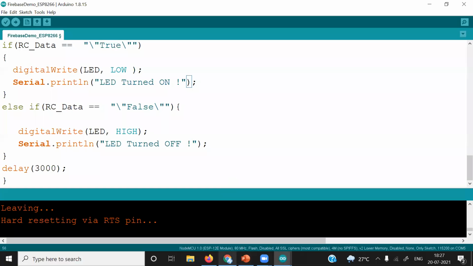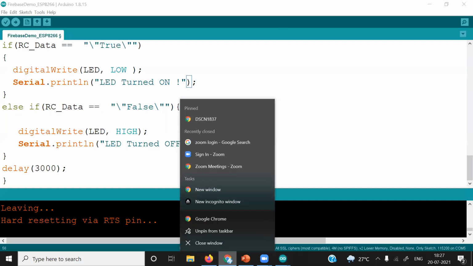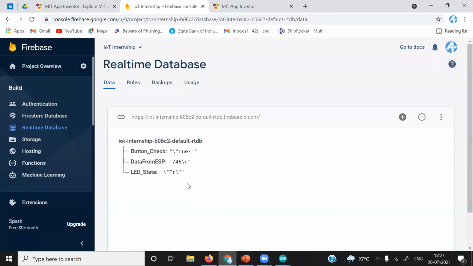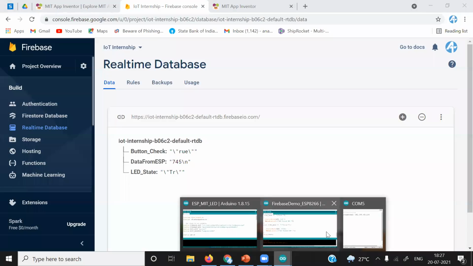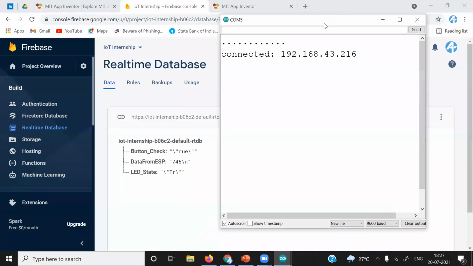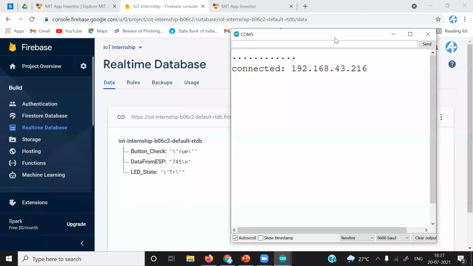And in the real-time database, I just manually change this data to true. I'll just make it parallel. You can see no data changing here. Now I will turn first. This is already on the ESP8266. You can see on camera. Is it visible? Okay. I will make it off. You can see that the LED turned off.